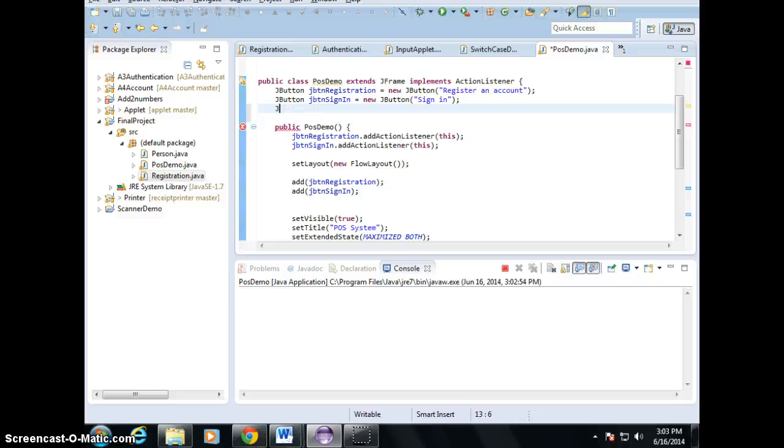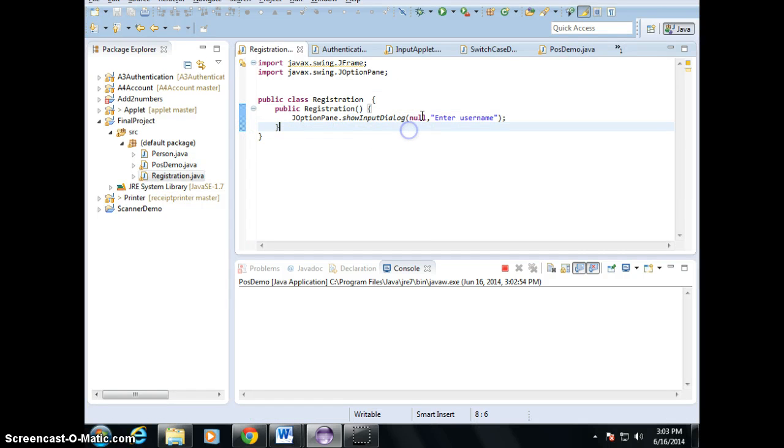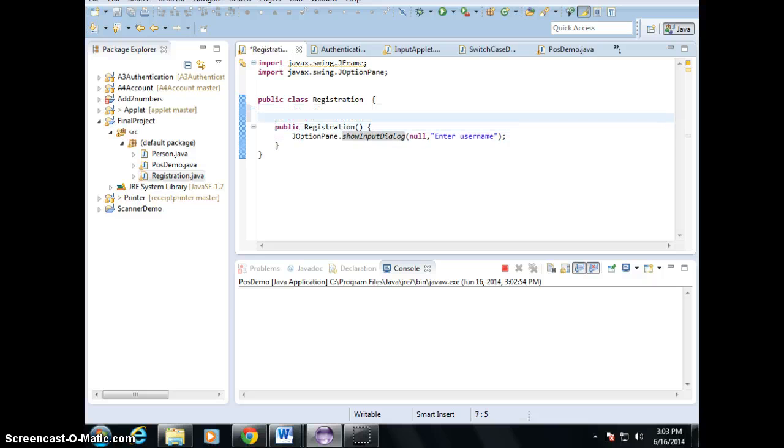Alright, before I confuse you even more with this one, I'm going to go to the small registration one. Registration, when you do that, what is it going to do? Pop up username, right? And give you one input, right? I want to show you something simple. If I just add a text field when I register, okay, JTextField, and say username equals new text field,